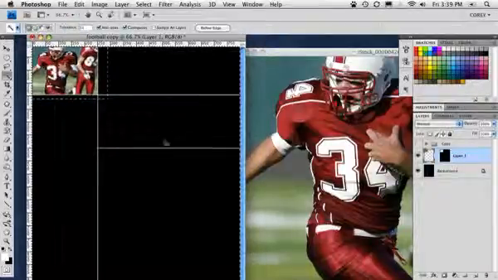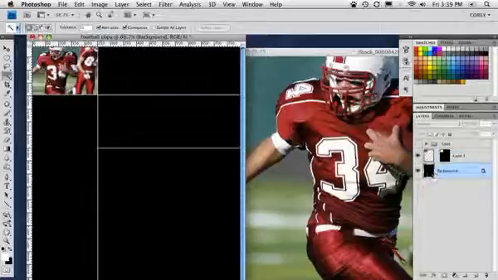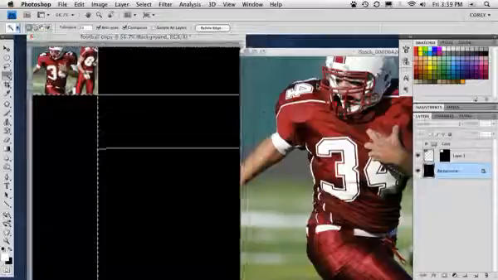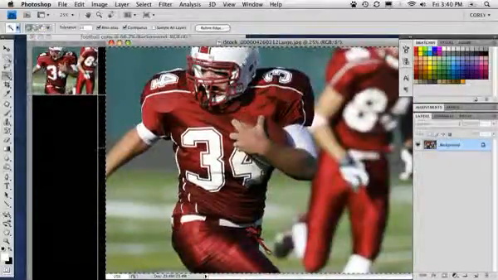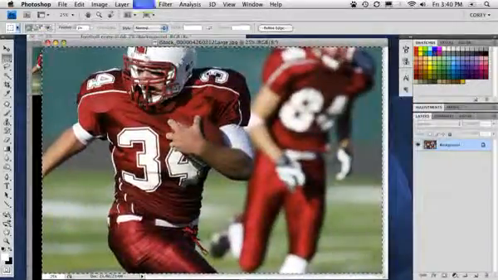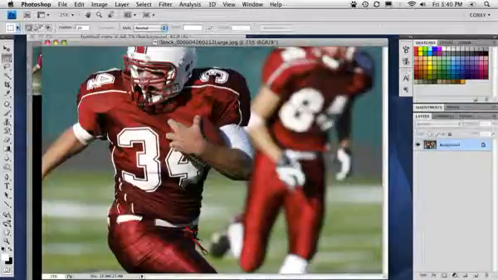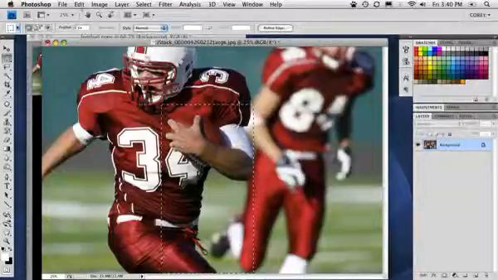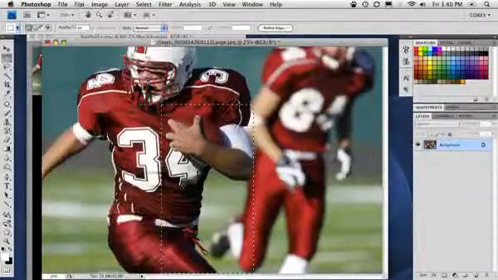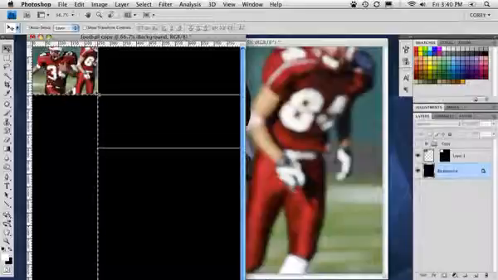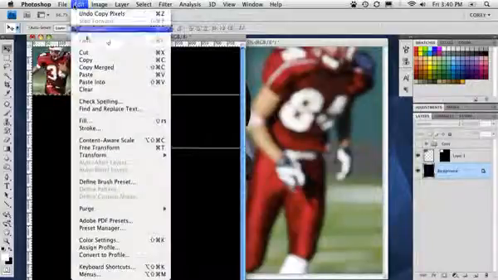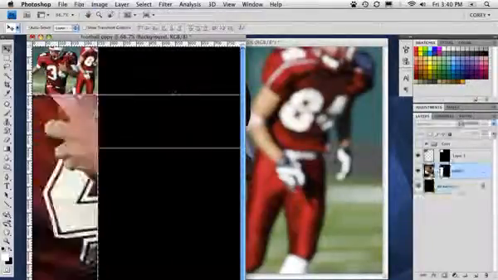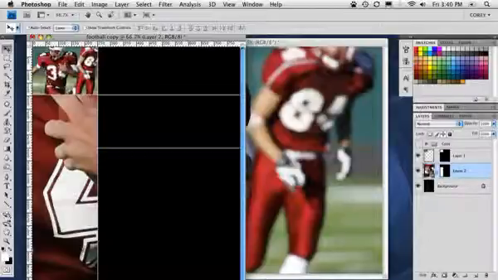Well, in this area right down here, let's reselect that background layer and click inside this long tall box here. And we're going to go over to this image, and what I want to grab is another area of this. We're going to isolate this to a more specific area, in which I'm going to grab this area here with his arm holding the ball and everything like that. And again, go down to Edit, Copy, jump over to this image, and again we're going to do that same thing. Go under Edit, Paste Into,